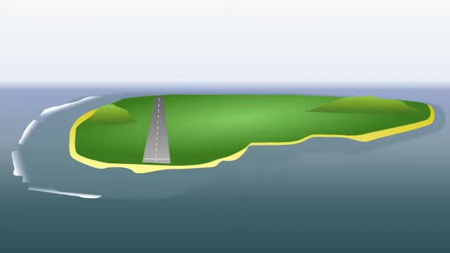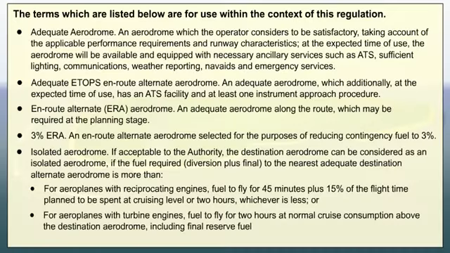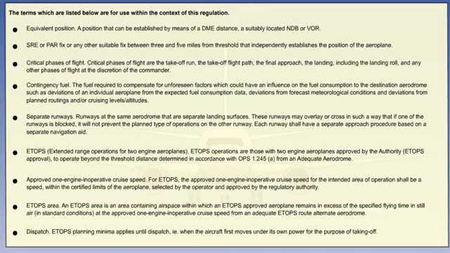Our next topic examines the operator's responsibilities towards the safe and efficient conduct of each flight. Before we study this area in detail, here are some required terms and their definitions. First, those concerning aerodromes. And secondly, the remainder of the required terminology, much of which relates to ETOPS, extended range operations, for two-engine aeroplanes.